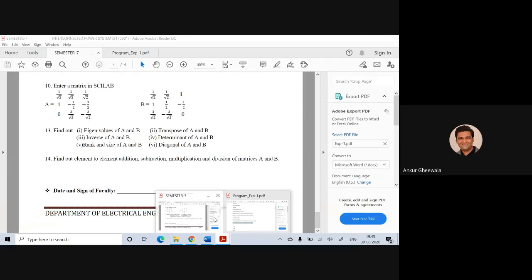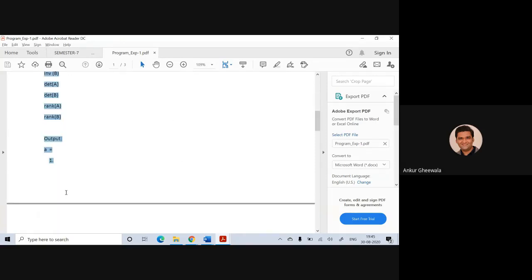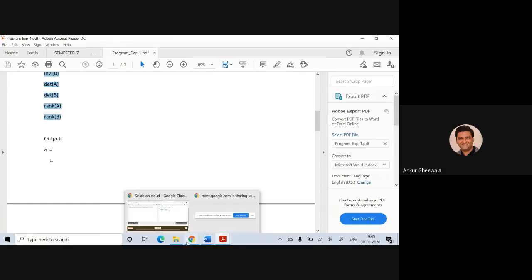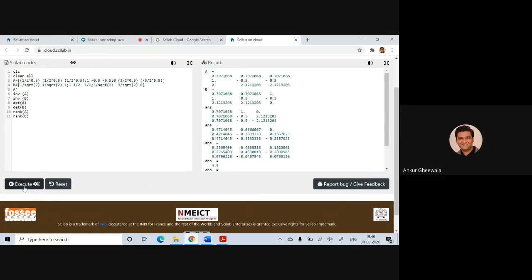Okay, so now another function. Now I will execute each and every command directly if I want to find out the adjoint of A. I am now describing all the commands in the one script file, Control V. If I want to find out A dash, it is given by the function A dash, then the inverse of A is defined by inverse of A, then the B matrix inverse is given by inverse of B, determinant of A is given by determinant of A, determinant of matrix B, rank of A and rank of B. Now I will execute all the commands in the one script file.